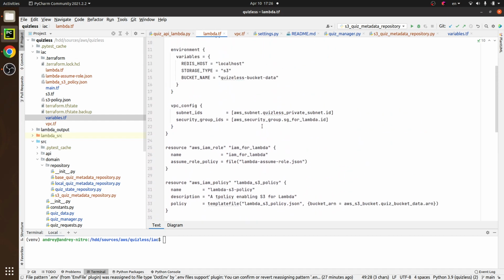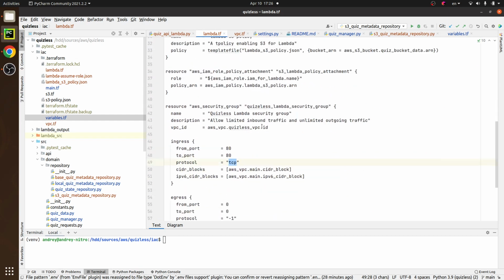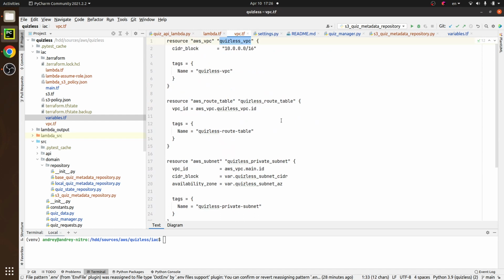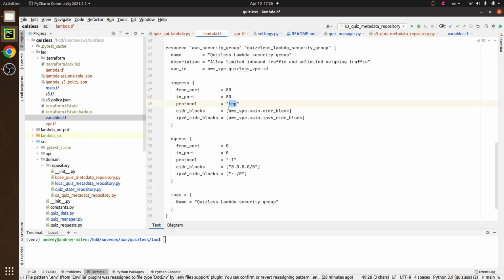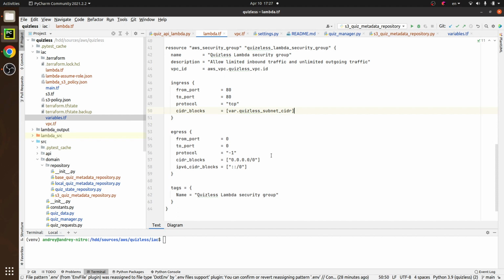I will probably reuse the security group that I defined here, CIDR block. Maybe I should be more specific here, but again, we'll try to run it and we'll see. And I don't need any IPv6 traffic. That's it for the ingress, and the egress traffic is the one that's going from the